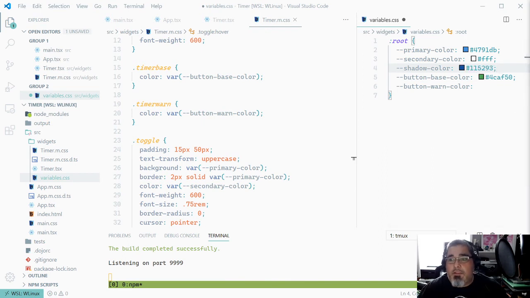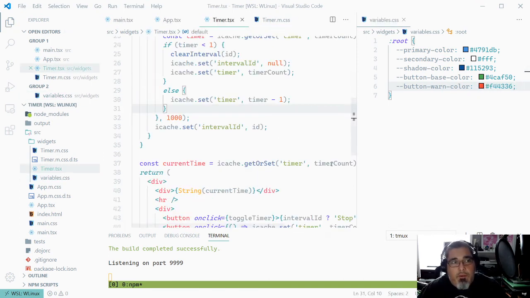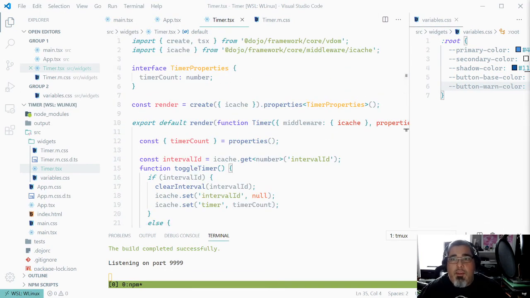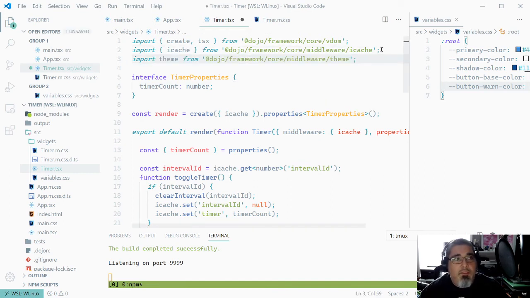But then if it gets under a minute, then I want to put some sort of a warning on it, right? Yeah, like red. Red's good. So, okay, now I need to actually use these, right? But I want to go ahead and make this themable so that you can provide your own CSS and override some of my CSS. So let's go ahead and import another middleware from Dojo, the theme middleware, and we're going to